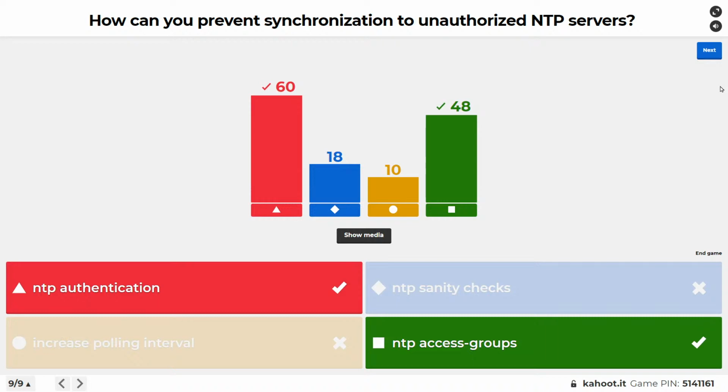Wow, very, very nice. I have to throw a few little tidbits in to keep everybody challenged. So NTP authentication is the primary method we'd want to use to make sure we're not connecting to NTP servers that somebody hasn't spoofed, trying to muck with our time. And then we can also use an access group to control who we're going to be able to communicate with regarding NTP.